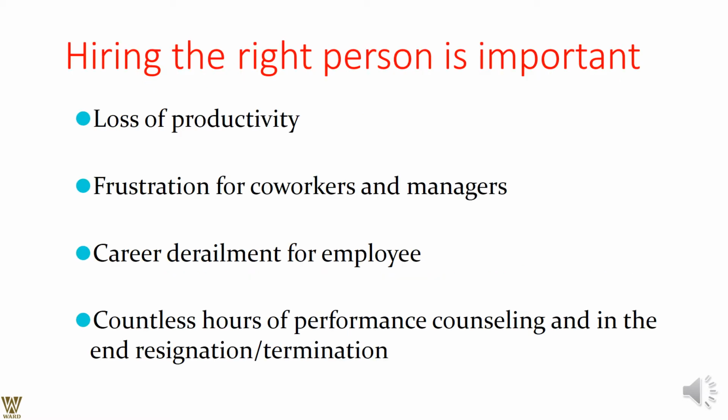We need to understand hiring the right person, which is the next concept. First and foremost, what is the right person? Why is it so important? Because if the right person is not there, the productivity will not reach the standards. There would be some kind of compromise, some kind of demarcation which is below the acceptable standard. Then there is frustration between the co-workers and the managers. Remember, one person not performing well leads to a ripple effect, a domino effect, which has an after effect throughout the department, throughout the verticals. The managers and co-workers, everybody gets demotivated.